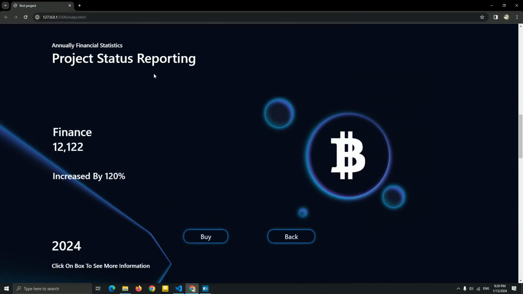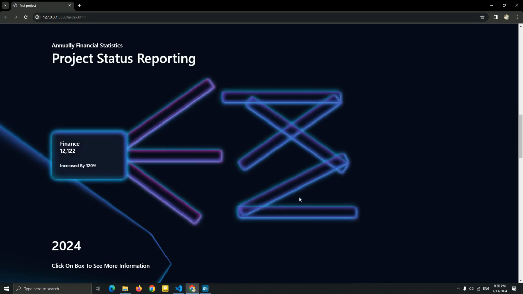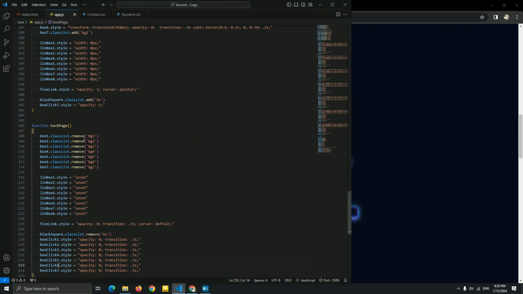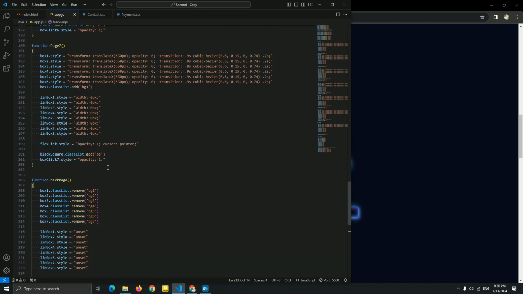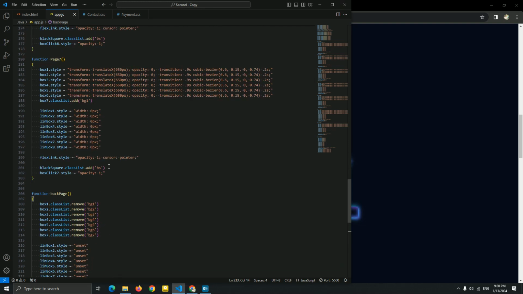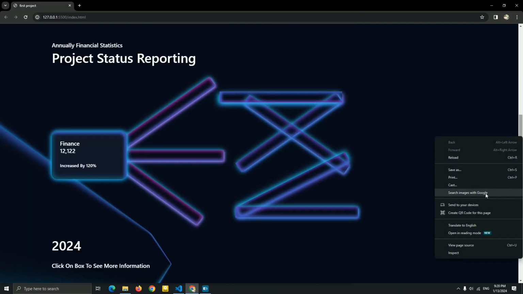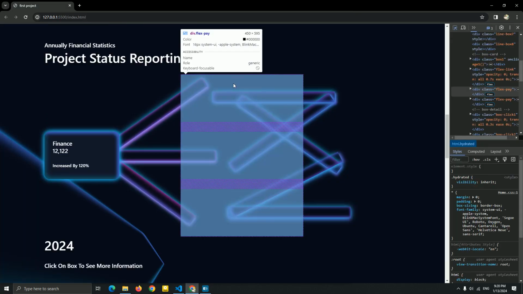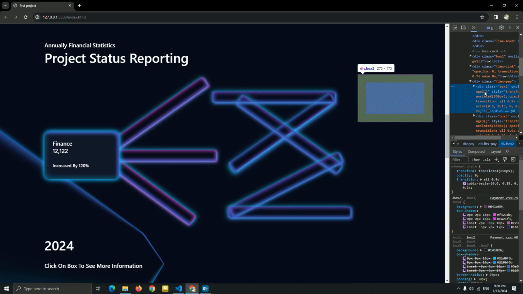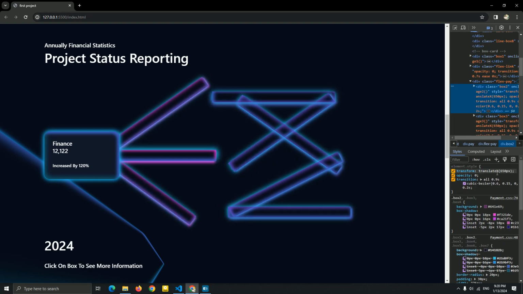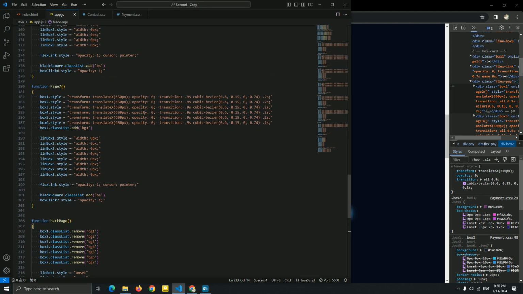So this is our first box, as you can see it. And when you click on the back option, you can see we just hide it, but this box 1, box 2, box 3 doesn't show up. Why? Because I just removed this BG1, and if I want to fix this problem, all you need to do is just add onset for this. So if I just show you what's gonna happen right now, you can see this box 2, for example, it still has this translate of 650 pixel that we added here for this opacity 0. This is why it doesn't show up.